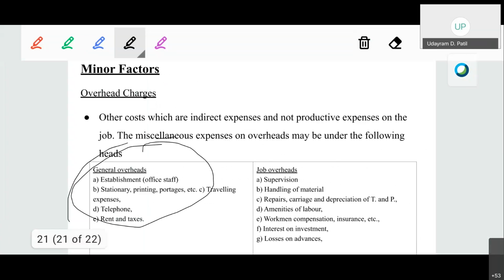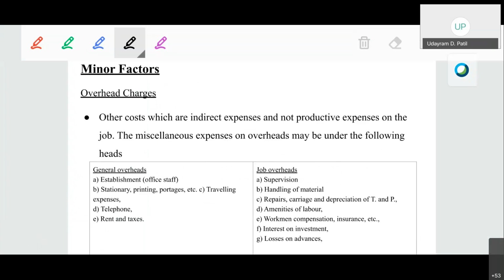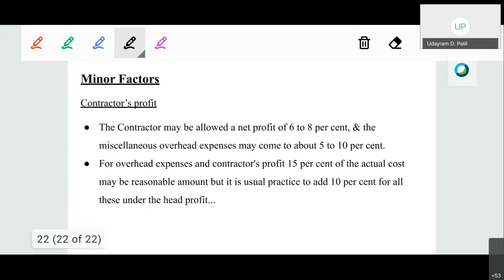This is the same for all of the particular work. This will be distributed throughout the various items of the work. Therefore the contractor